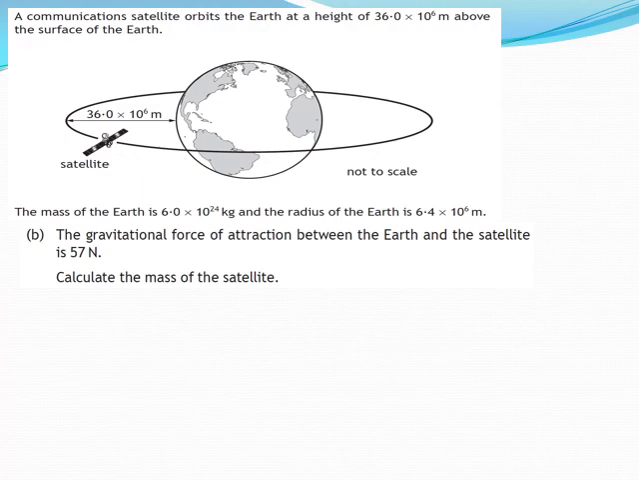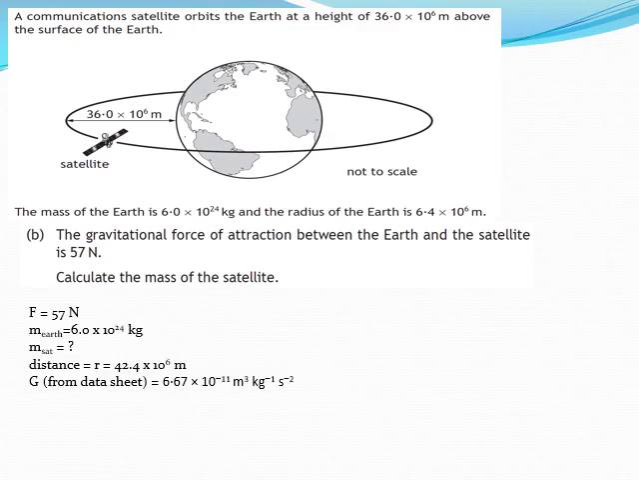Okay. So for part B, we are asked to calculate the mass of the satellite. And we're told that the gravitational force of attraction between the Earth and the satellite is 57 newtons. So the best way to approach the question is to list out the things that we know. So we know the force, we know the mass of the Earth, we want the mass of the satellite, and